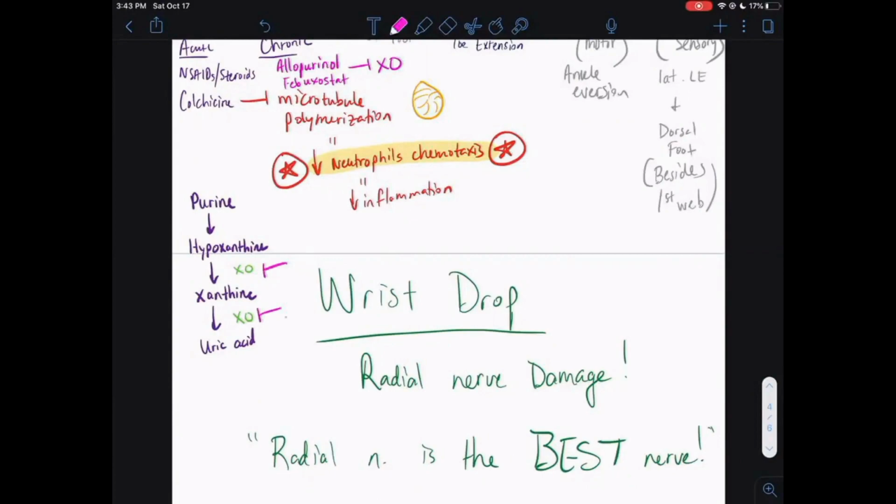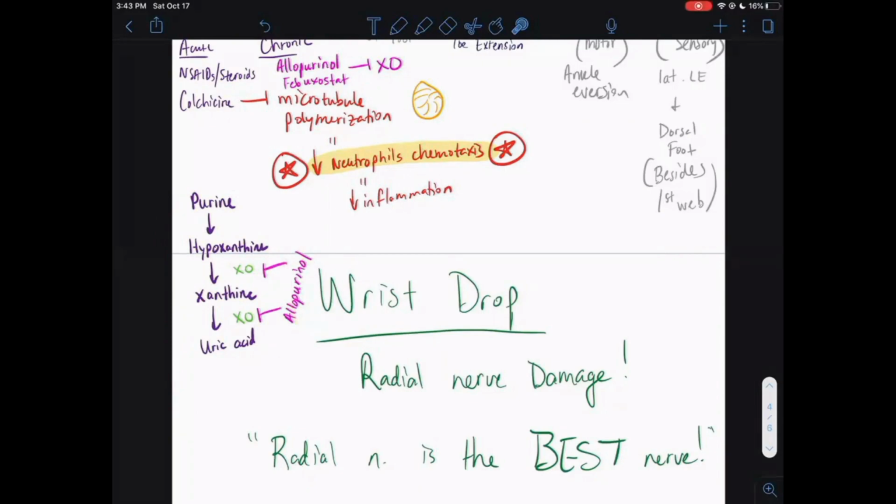All right, so allopurinol actually stops the production of uric acid by blocking this breakdown path of purines. So now you're not going to be excreting uric acid in your urine, so it's not going to get to be created to be deposited in your joints either, and you don't get the symptoms. So the allopurinol and the febuxostat are great for treating chronic gout because they stop this whole breakdown pathway.